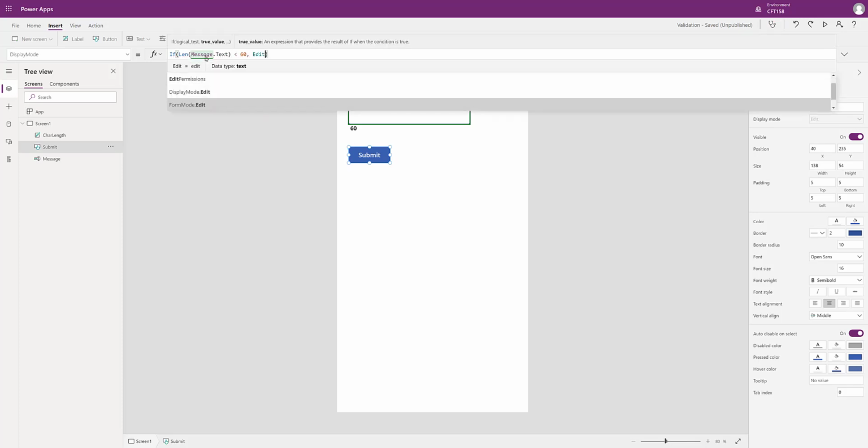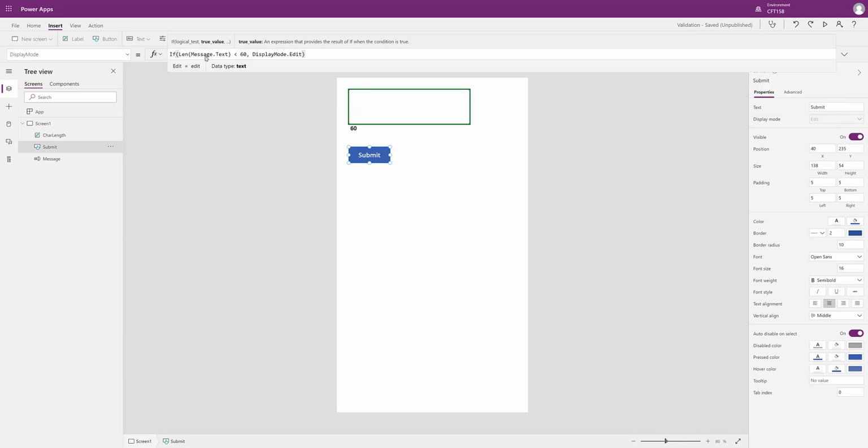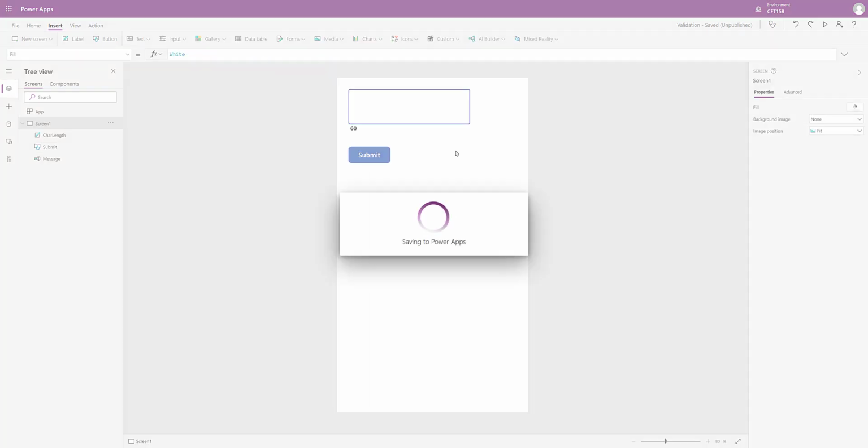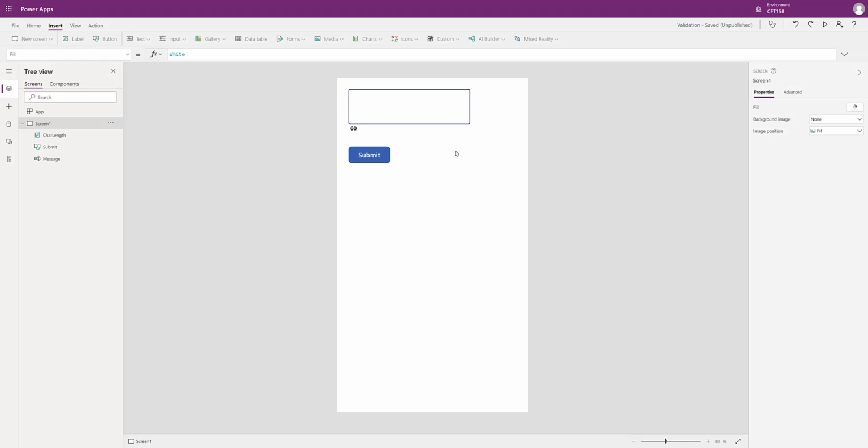So the mode that I'm setting here is display mode dot edit, so that it's editable, else disabled, so that as I type and as it exceeds the limit, the button should be disabled unless and until I am within 60 limit. So let me save this thing and let me run it.